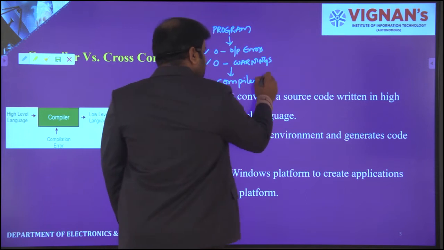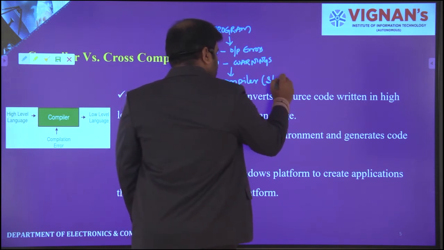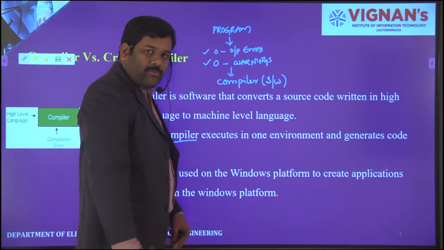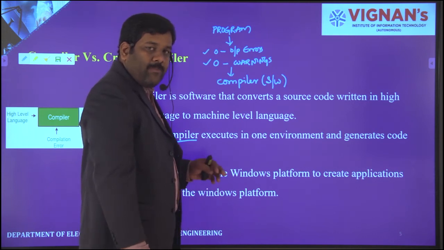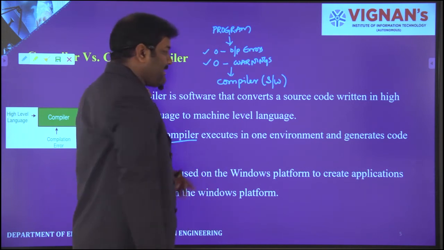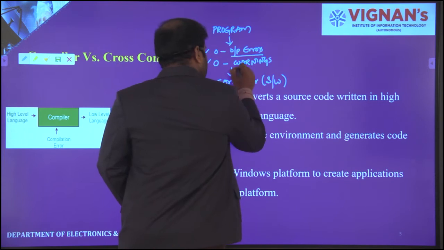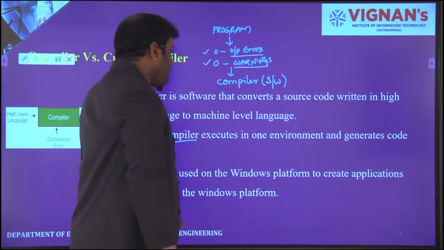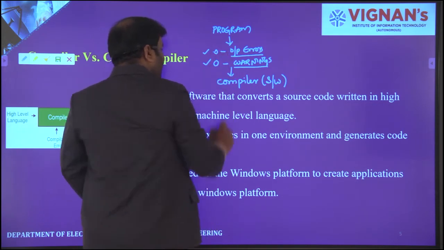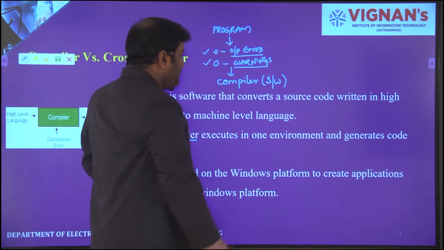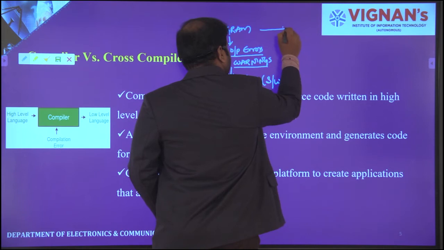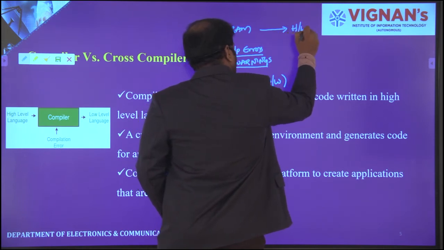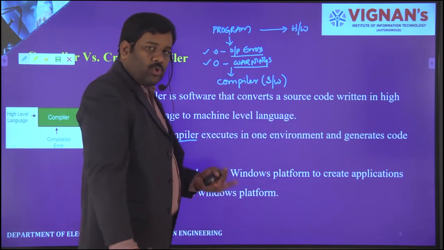Compiler is always a software. So by using software, I write one program and check whether that particular program has zero errors and zero warnings or not. I have compiled the program and got zero errors and zero warnings. Then I am ready to dump this program, which is nothing but sending it to hardware,